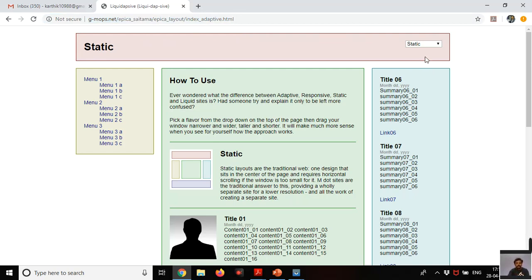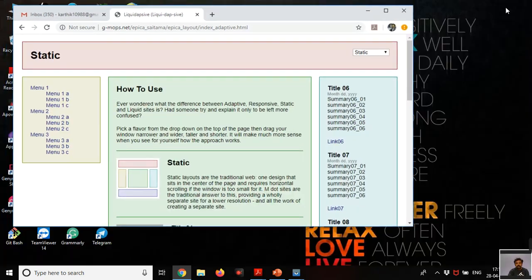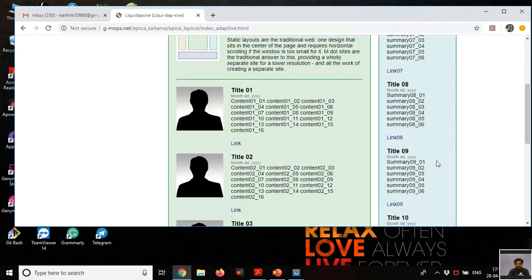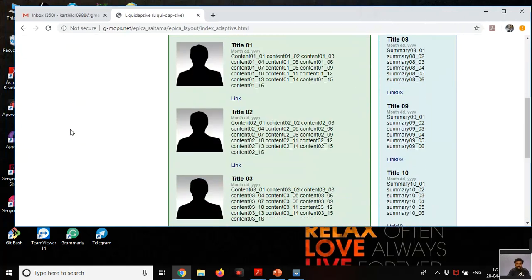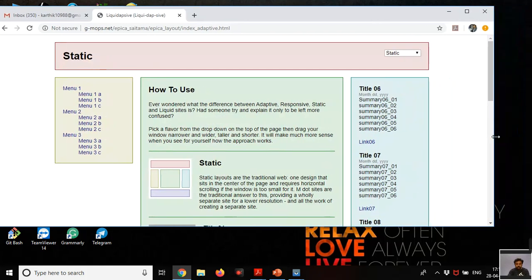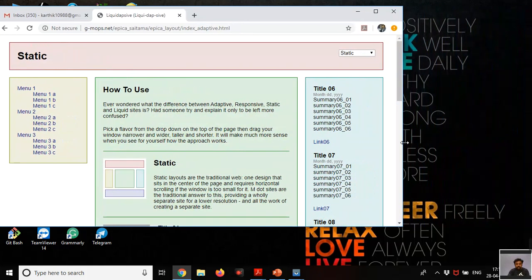See here, static. You can select the four types of web designs here. I'll select static and restore the window. Observe the layout, you can see the borders. This layout doesn't change.